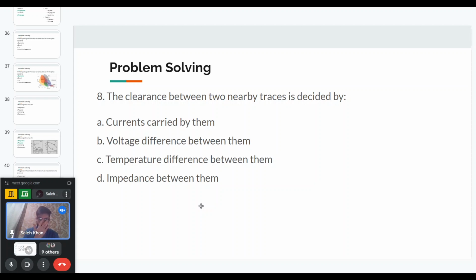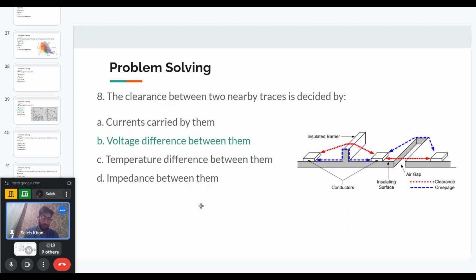Yes, so this we briefly mentioned. There are two aspects when you are deciding what kind of trace you will draw on your PCB. One is the width of the trace, the thickness of the trace. Those things are determined by the currents that are carried by the trace. And then between multiple traces or pads, between different pads as well, you will have to put some distance between them,